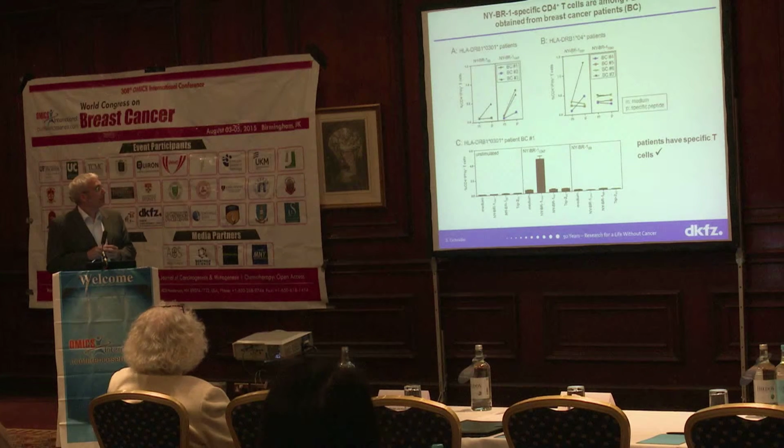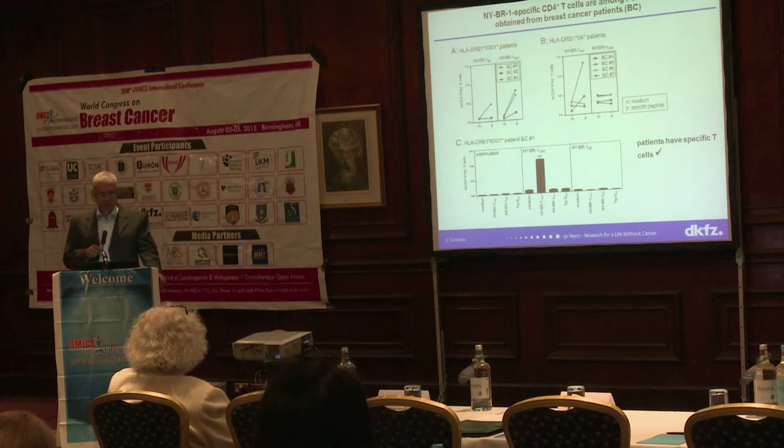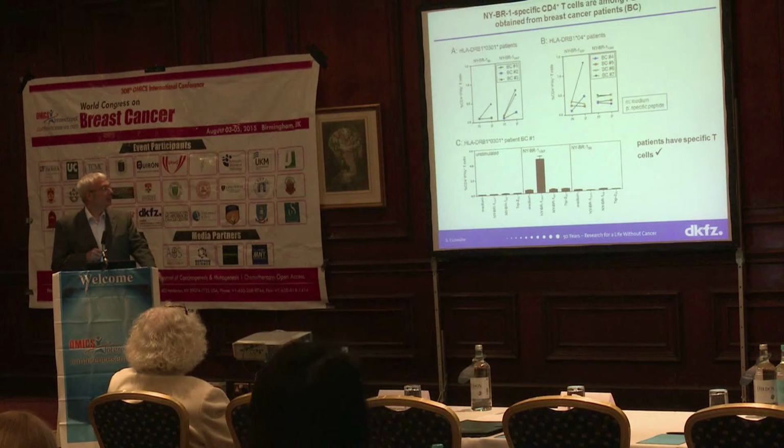Here are the results with the patients' PBMCs. So what we did here is we used the PBMC and cultured them for 3 weeks and re-stimulated them with the respective peptides. And after 3 weeks, we tested them either with medium control or with a specific peptide. And as you can see, all of the peptides have been recognized but not equally well. For example, here this peptide 88 was recognized by patient BC number 3, not by the other 2. This peptide here was recognized by 2 patients of 3, and so on.